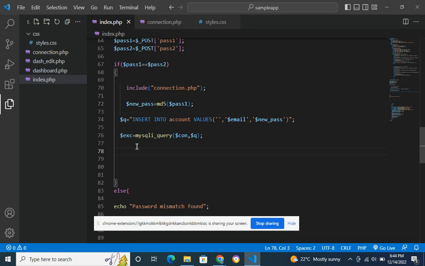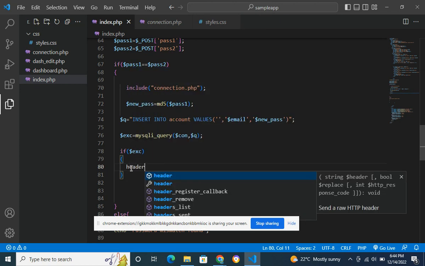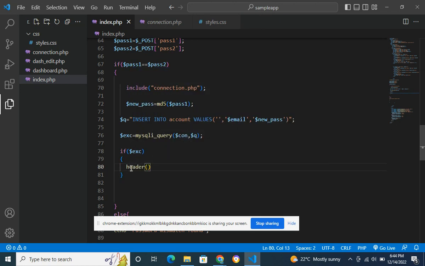So I can just say, if variable execution, then I take people to where I want. So I just say here, look, header function, semicolon, then inside here, double quotes, location, colon, location, colon,